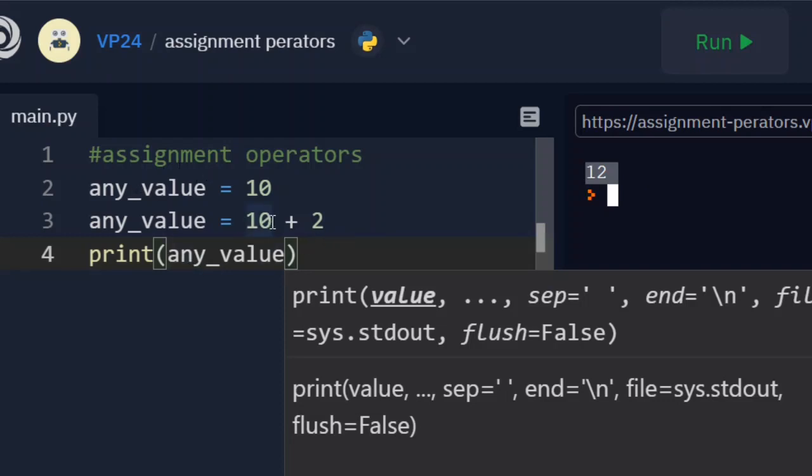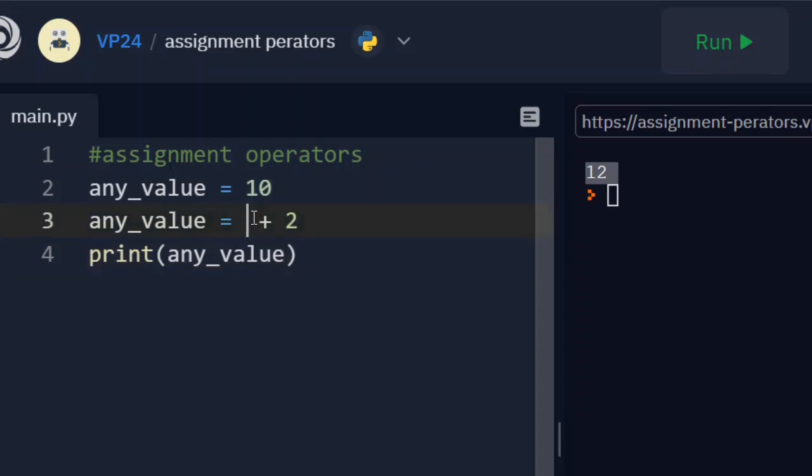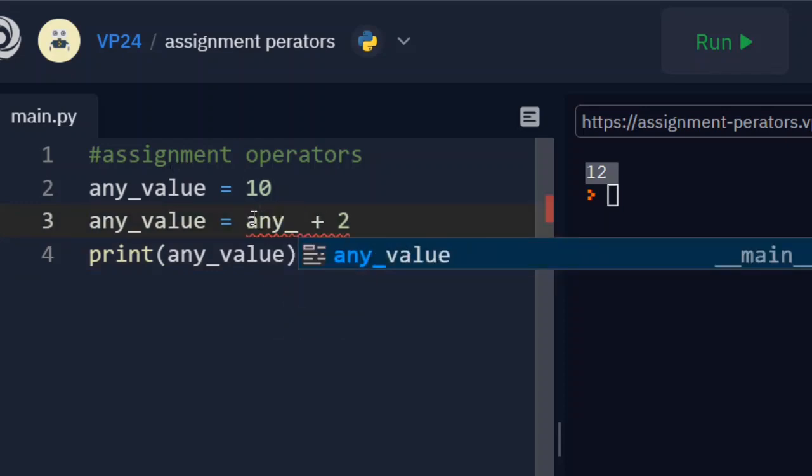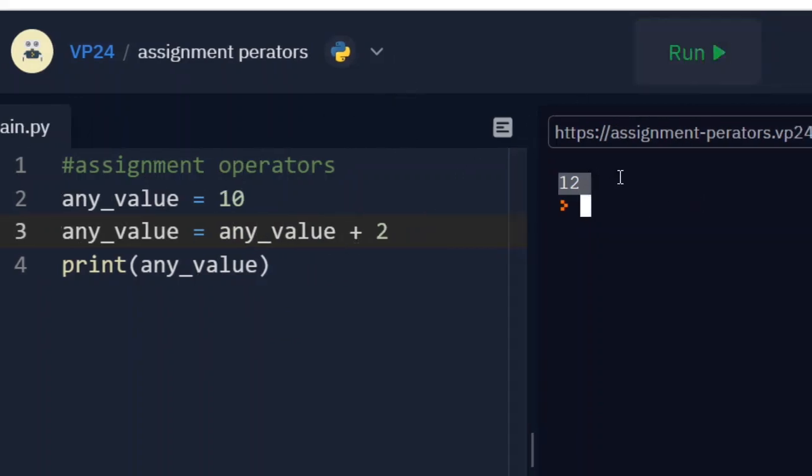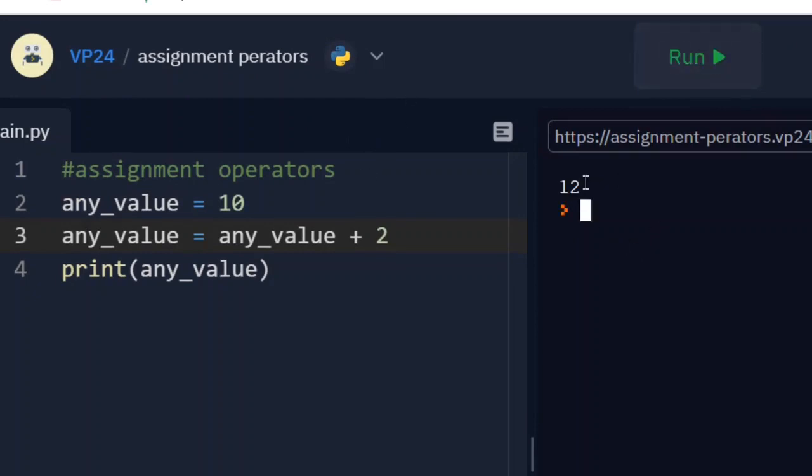But we can do another thing here. That is, if I just write any value plus 2 and run this again, did you see that? You got the same result. Why? Because we have assigned 10 to any value and now any value's value is 10. So, we can reassign with any value plus 2, which will definitely be 12, right? That's true. But then there is another neat way of doing this, and that is